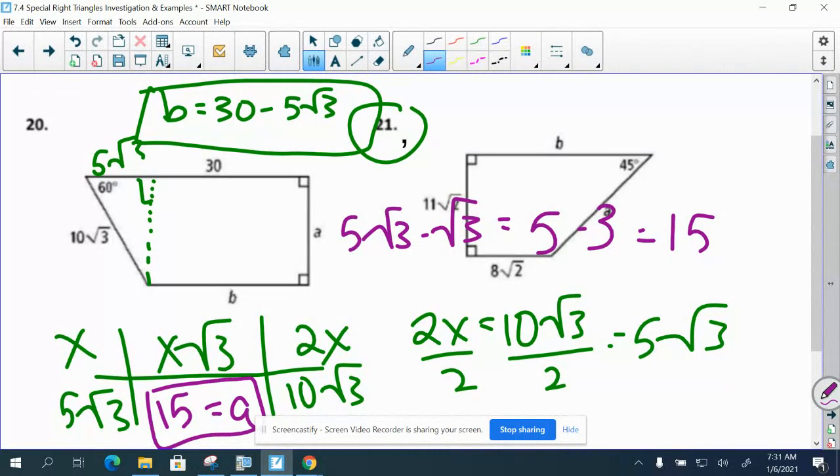All right, so solving 21 is pretty similar method. Okay, so go ahead and give that a try and turn it in for 2 bonus points if you get both